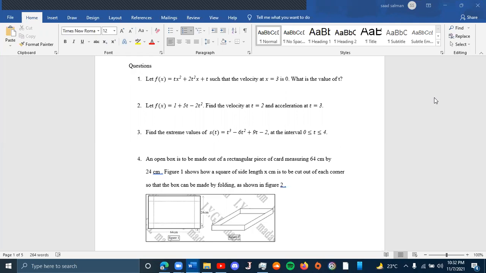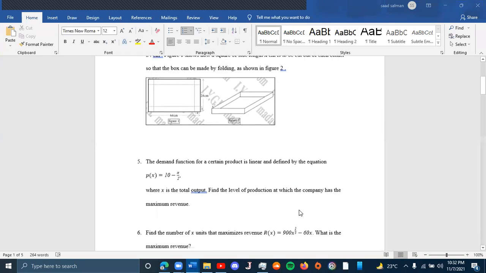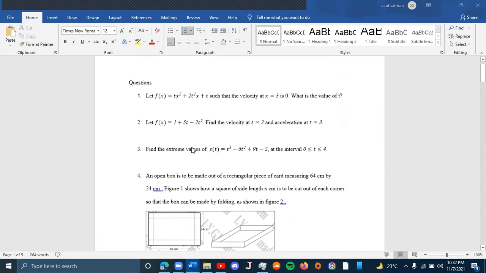I'm back and today I'll tell you all about the homework and the quizzes and the tests. The homework for derivative and optimization consists of six questions. Let's start with question number one, which